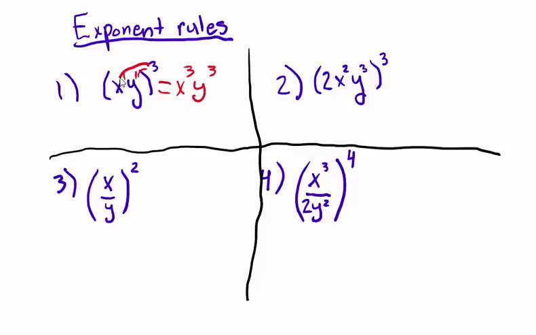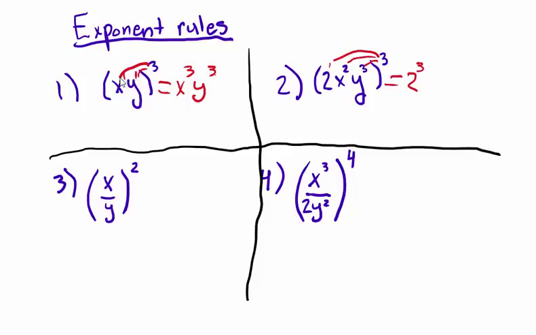Now we're going to do the same thing here, but notice I already have some exponents here, and so what you have to do is, instead of just applying the 3 there, we have to multiply the 3 times the exponents. Now here's where people mess up. People tend to say, well, I'm going to do 3 times 2 here, because we do need to apply that 3 to the 2 here, but we're not doing 2 times 3. We're multiplying the 3 times the exponent of the 2, which in this case is 1, so it'd be 3 times 1. So this would end up being 2 to the third power,